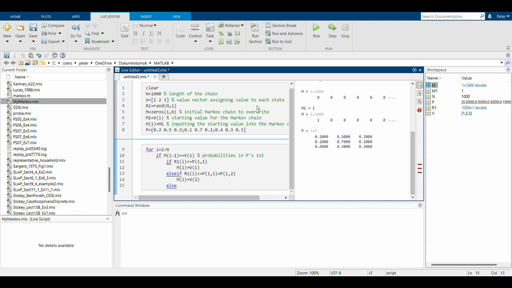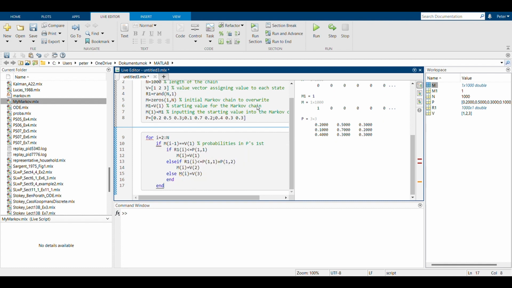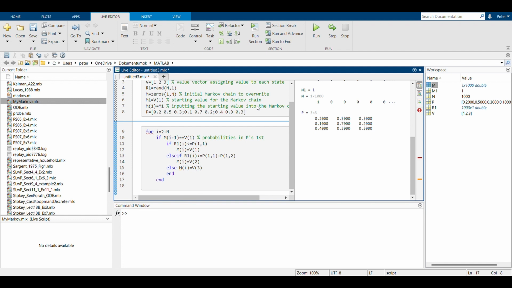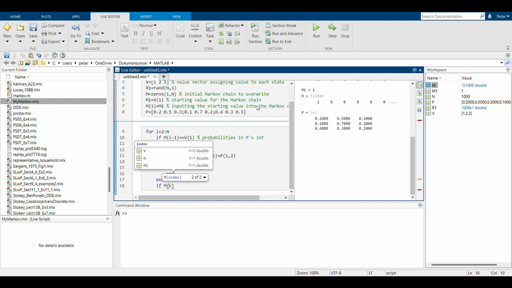And if the random number falls into the third interval, then the next number in the chain is going to be 3. We put an end to the if function, and we are ready to call into play the second row of the Markov matrix,